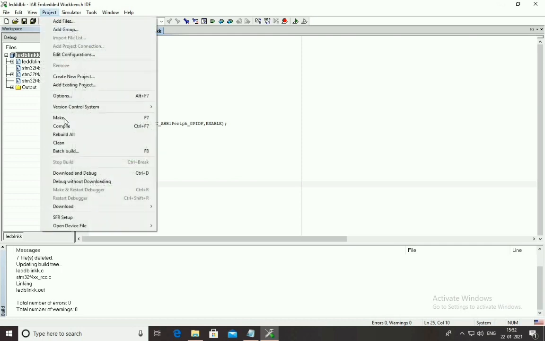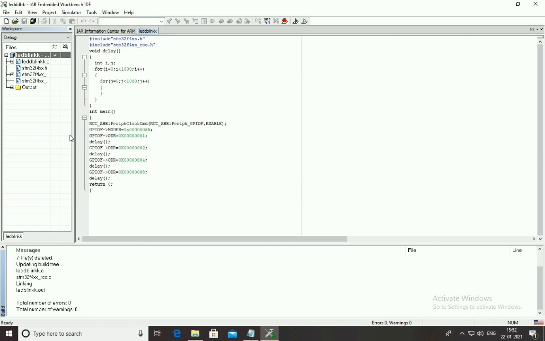Now save it, then rebuild all. Now you find no error.